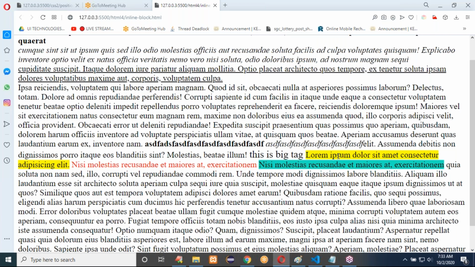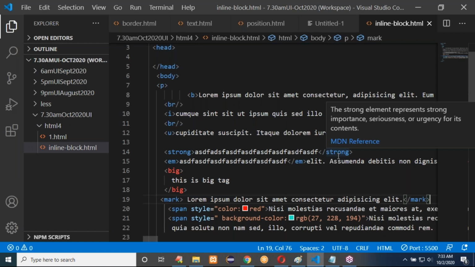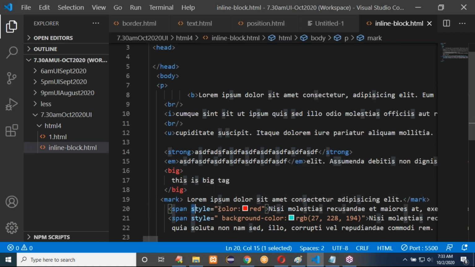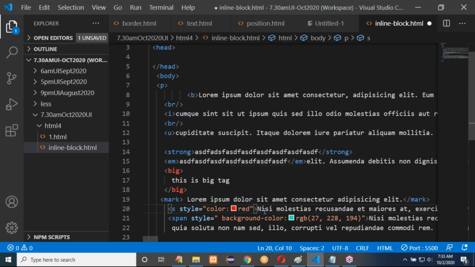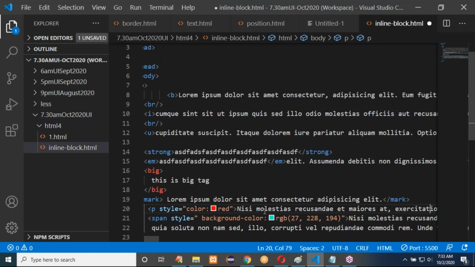Ma'am, can you use the CSS property on a normal paragraph? Yes, definitely. If you use CSS property for any tag, it will work. But the usage of the span tag within the paragraph is that it will be in the same line. It won't go to the new line. Rather than span, if you write a paragraph, it will start a new paragraph, from a new line.